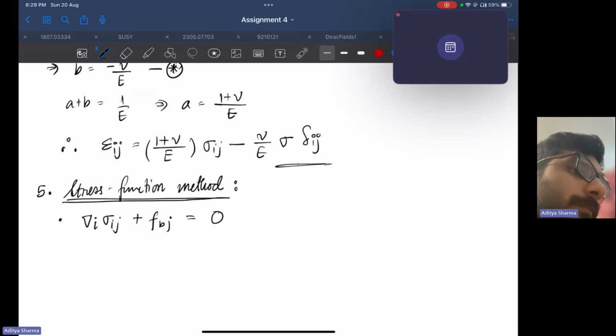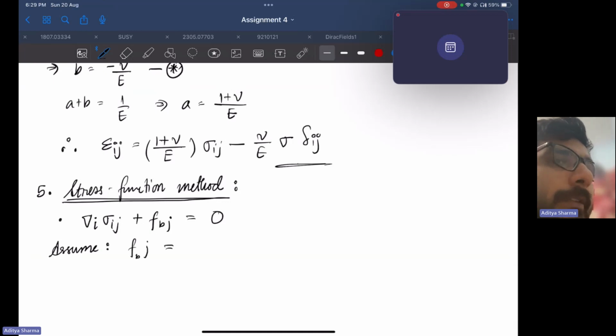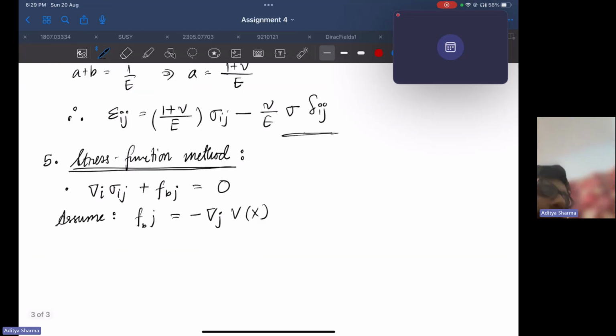Now we are going to assume that the body force in the j direction can be written as the gradient of some potential. Therefore this equation becomes